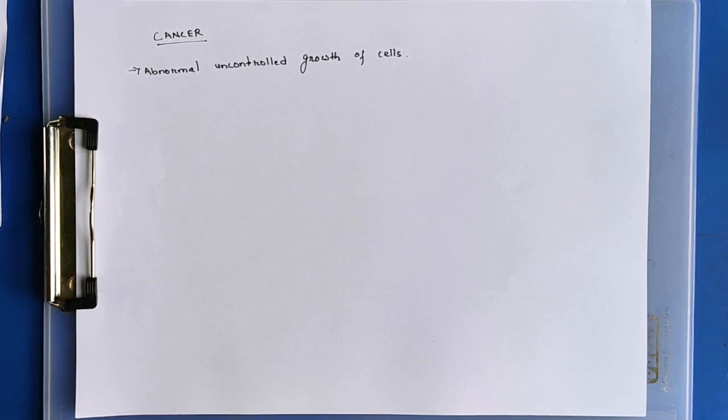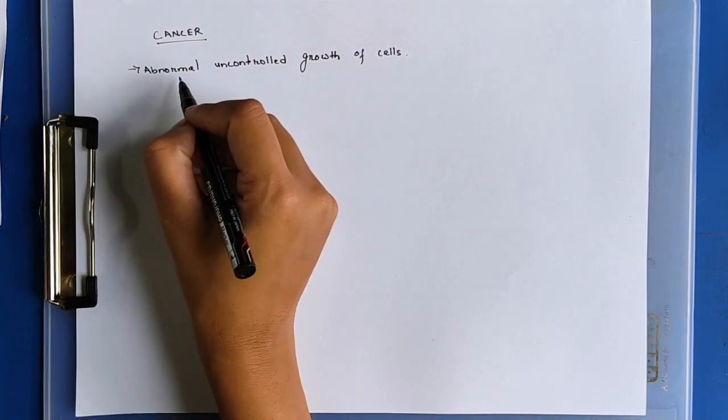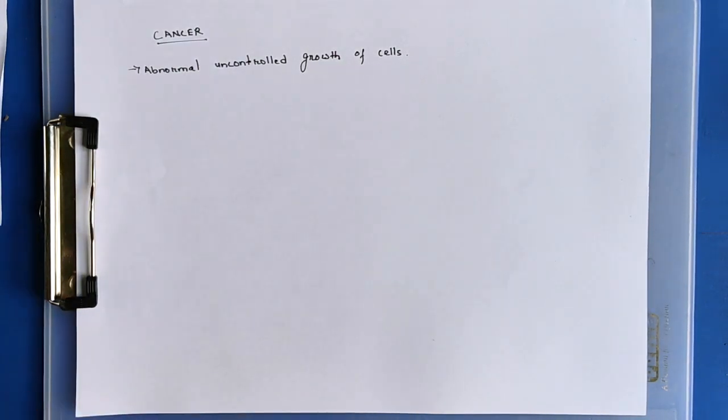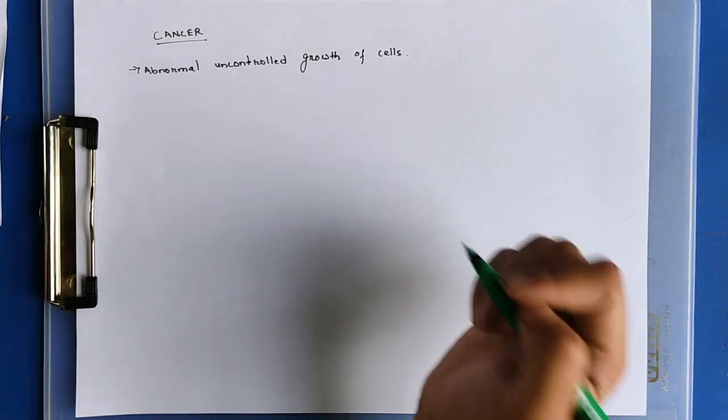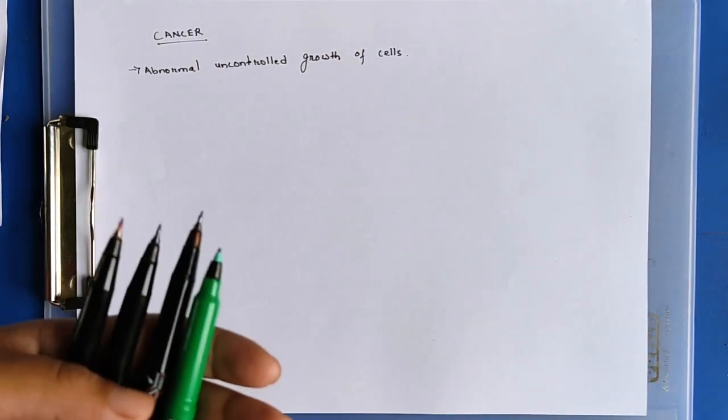Cancer is the abnormal or uncontrolled growth of cells. Cells undergo cell divisions and they proliferate, they multiply in number. Normal cells